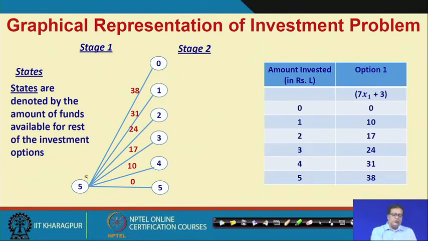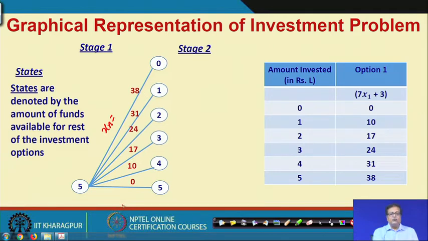Is it all right? Now, from the investment option in stage 1 to the investment option in stage 2, what could be the amount that is available? One can see that it could be anything from 0 to 1 to 2 to 3 to 4 to 5. How? It depends on our value of xn. So, suppose we have our xn; here let us write, suppose here, can you write down the different xn values for this option.